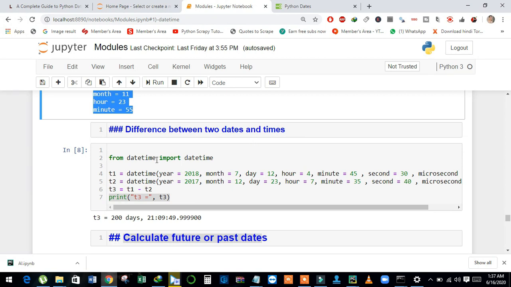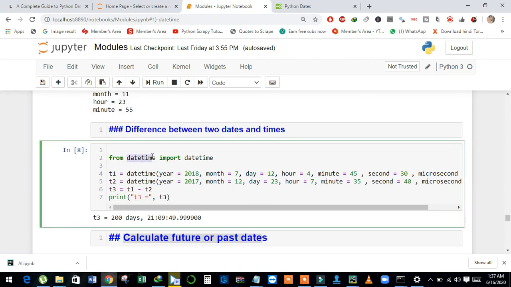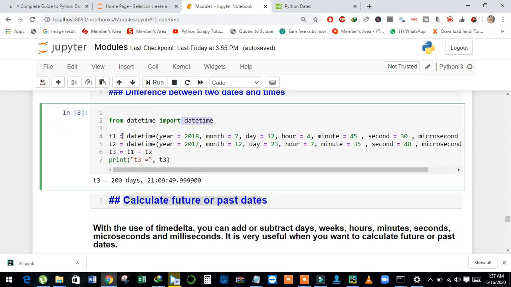And see here, using from datetime, I just imported datetime class, and then see here, I just created a first object t1 of datetime, and then assigned the values of all the arguments. And then I just created second object, and then I assigned all the values of arguments. And then using t1 minus t2, I just find out the difference of object 1 and object 2.